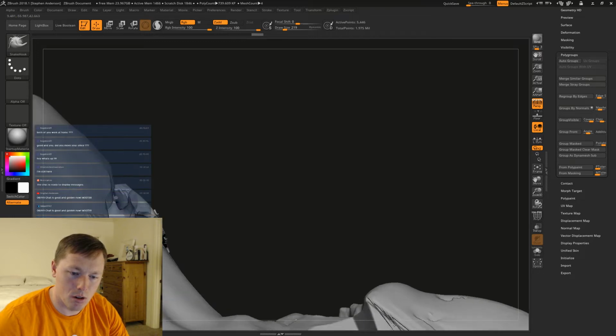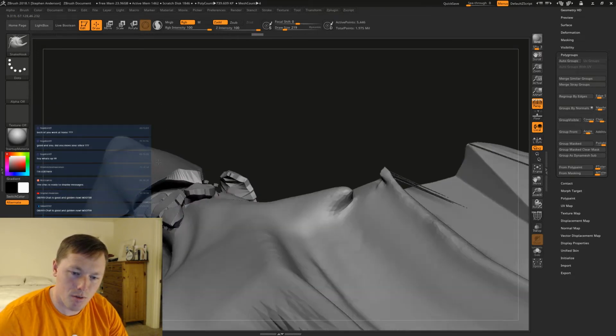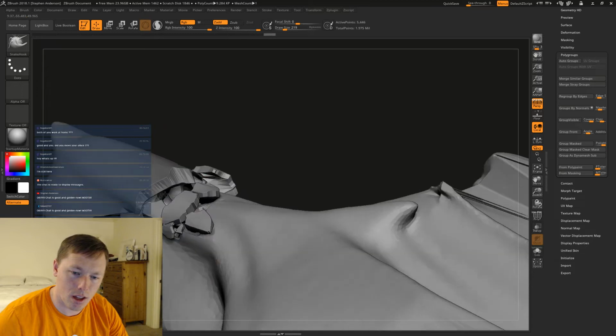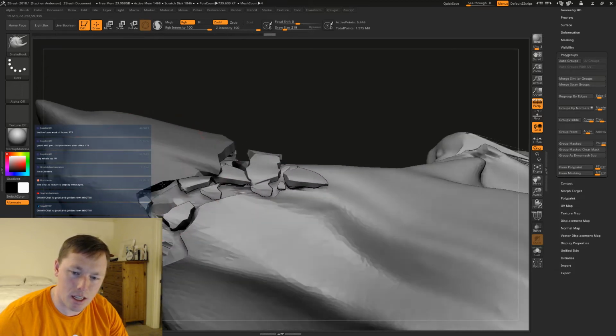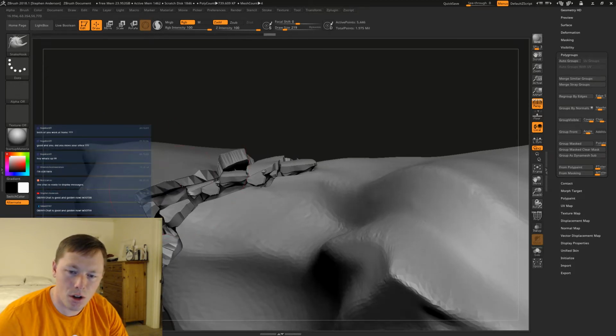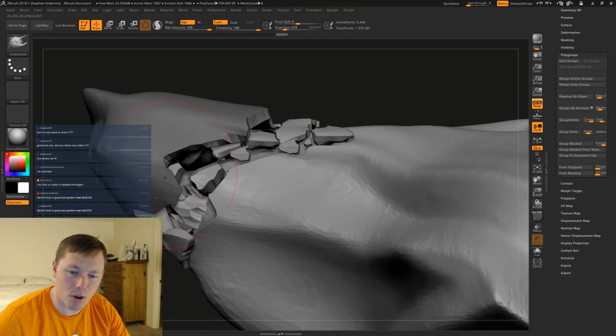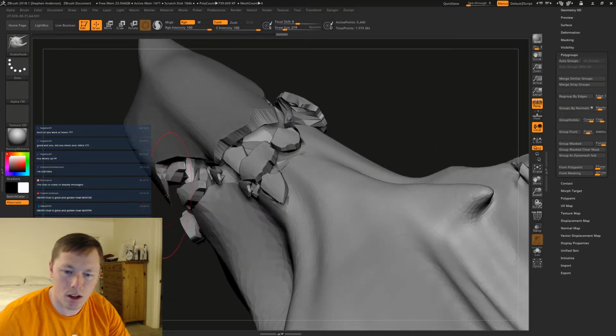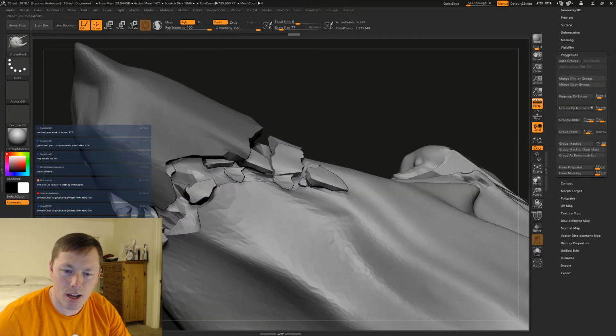Ooh, there we go. I feel like that's getting a little bit of thickness there around that edge. So maybe let's pull out some more of that. Just gonna pull some of this out.